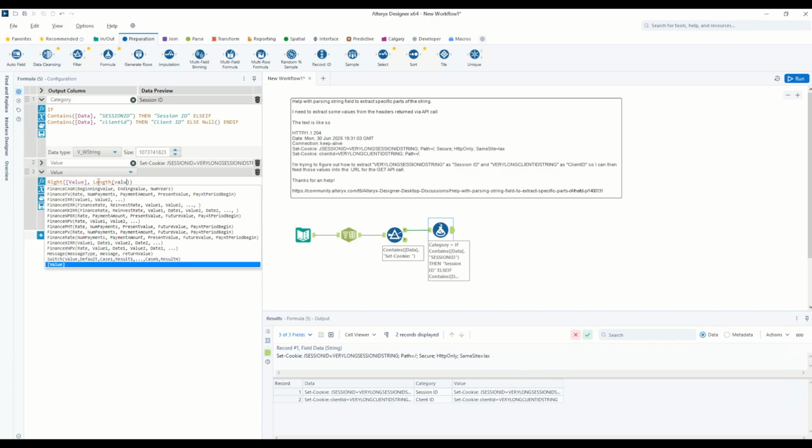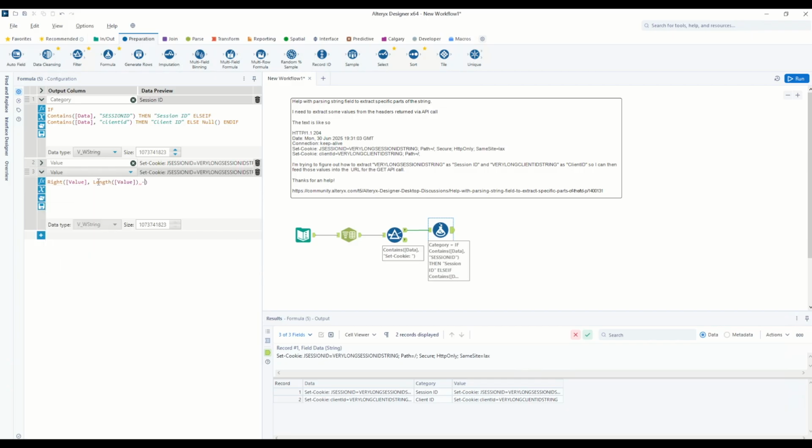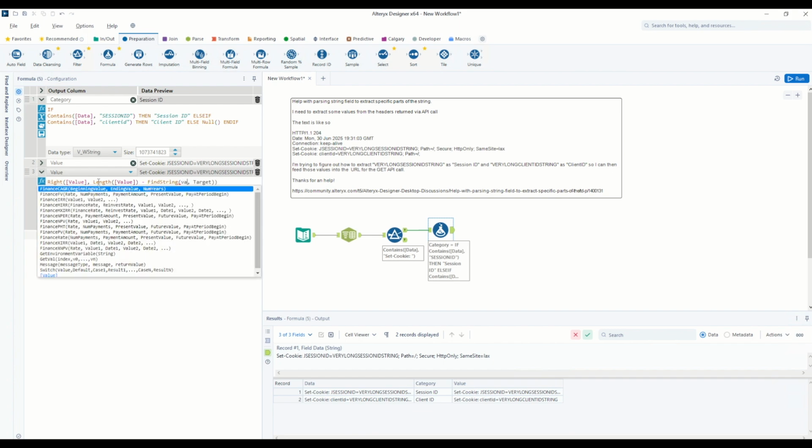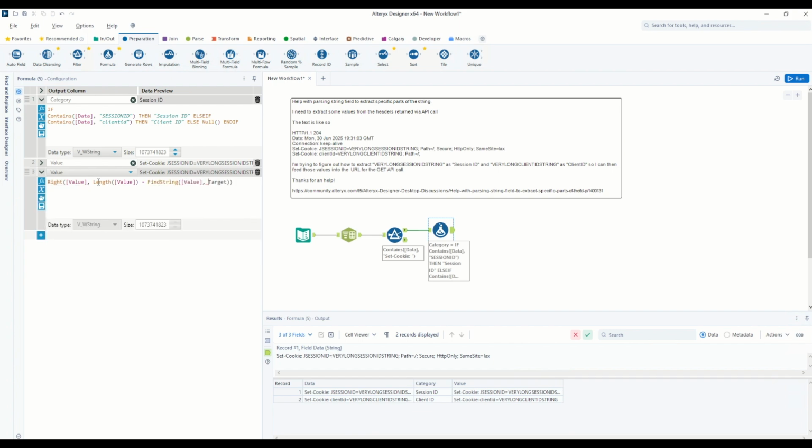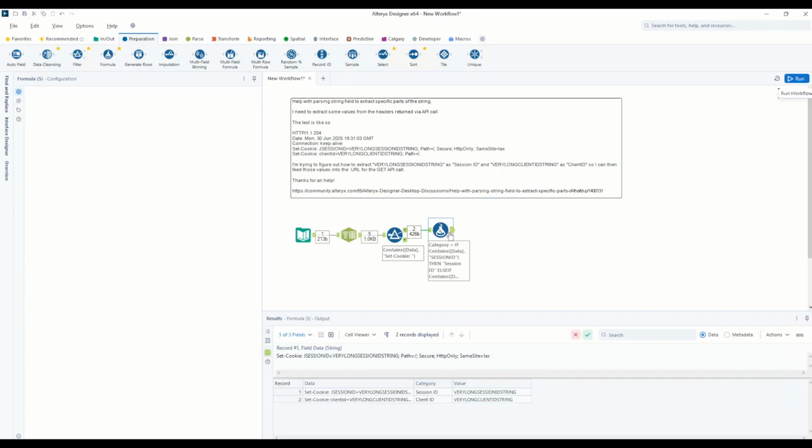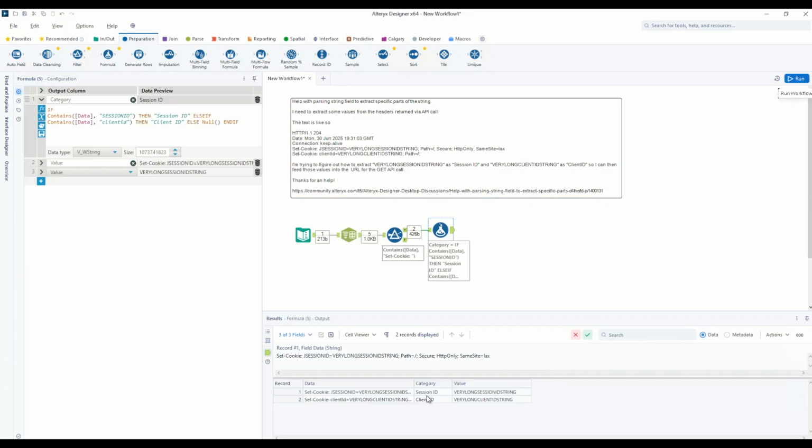We want to keep the whole thing first, and we will subtract out starting where we find from the value string the equal sign. And we'll notice that it subtracted out up to the equal, but we want to subtract out 1 more. So we'll subtract out 1 more, and we hit run,